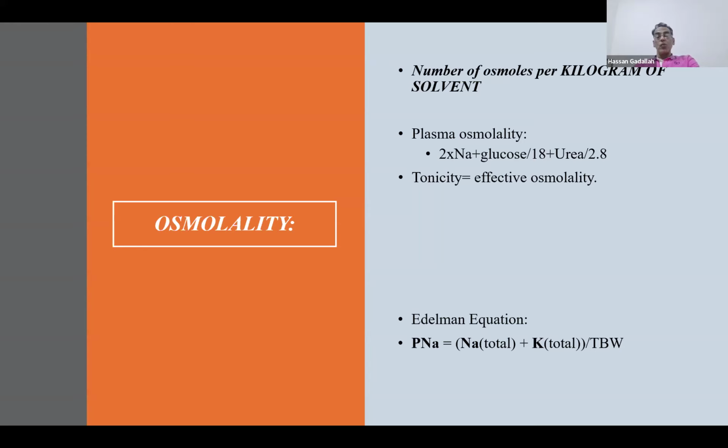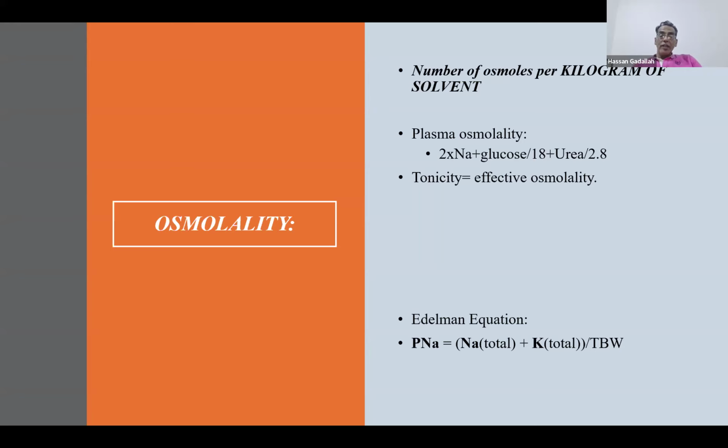If it's in millimole, we'll just add it. But if it's in milligram per deciliter, we are going to divide by 18, plus urea. If it is in millimole, it will be added as it is. But if it is in milligram per deciliter, we are going to divide by 2.8. And there is a difference between